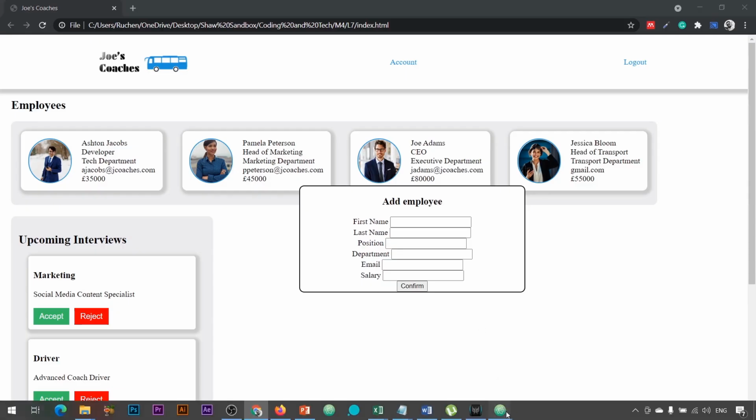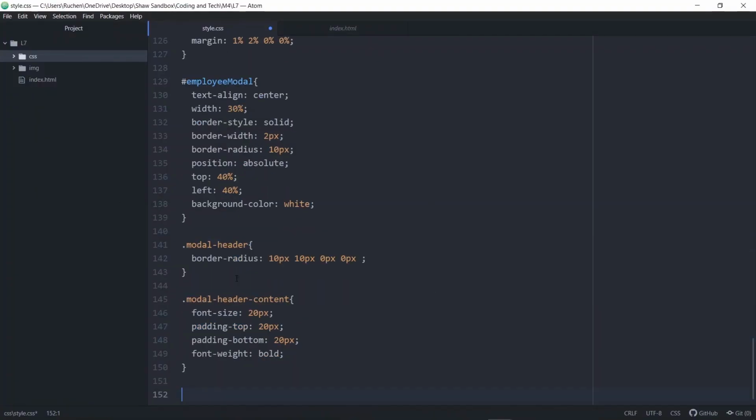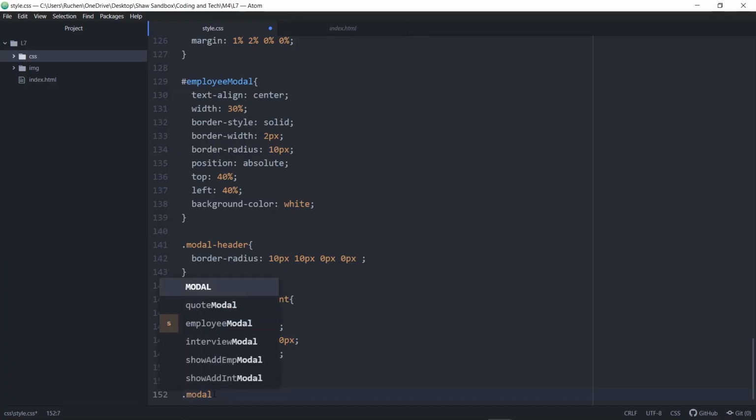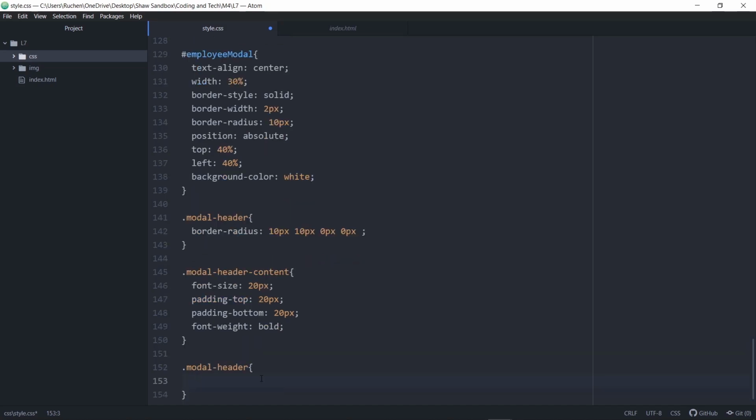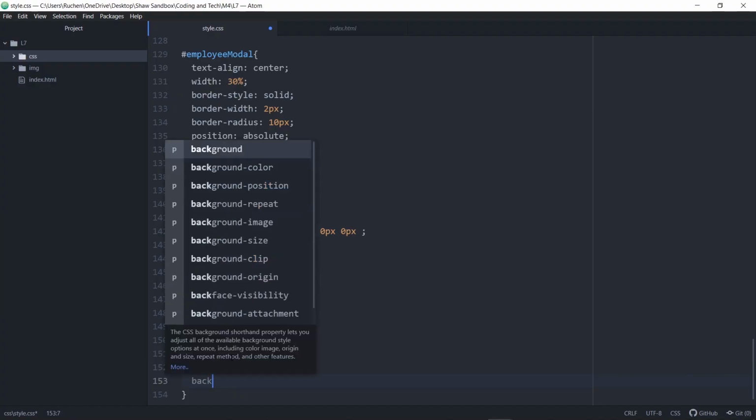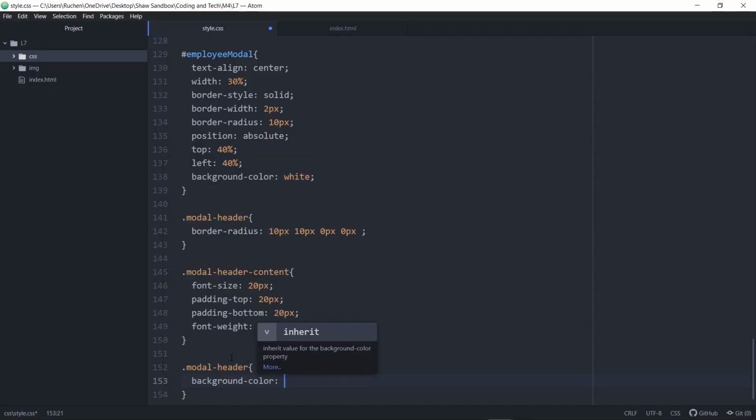Excellent. So let's head back into Atom once again. Now I'm going to do some further styling to my modal header over here. So I'll actually just open up another modal header here. There's two ways to actually do this. You could actually just call the code at the top over here, but just so that we remain experimental, I think we can actually just go ahead and create a second block of CSS. Again, this is not always the best way moving forward, but it's important to practice multiple ways of doing the same thing. So I will call background color and I will set this to a hex color of 1B91DB